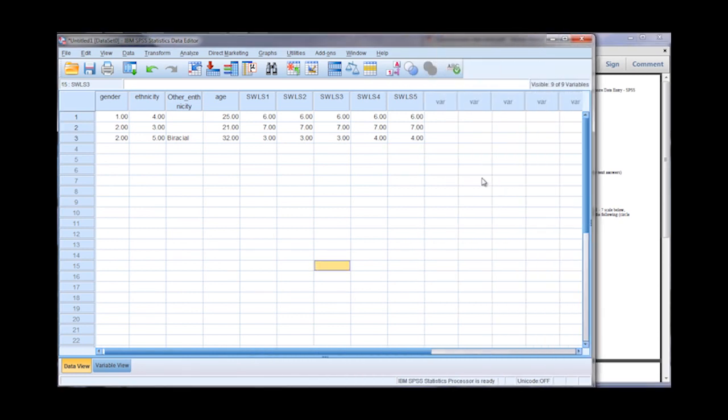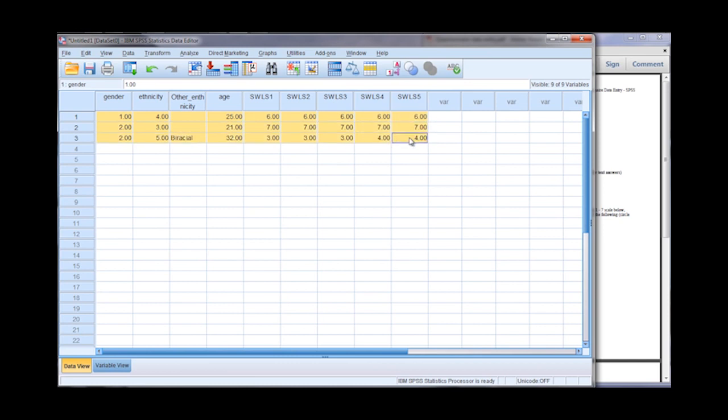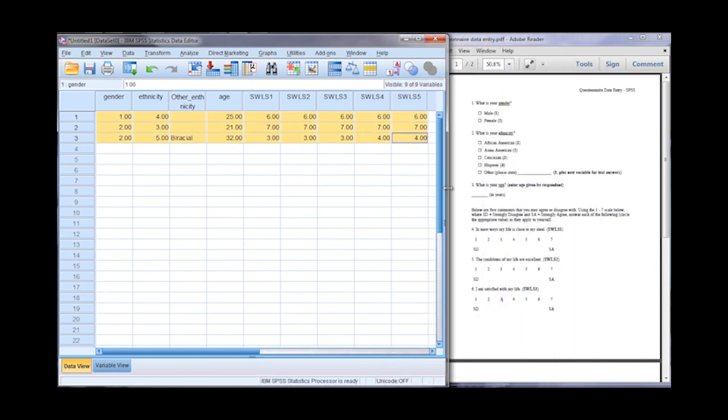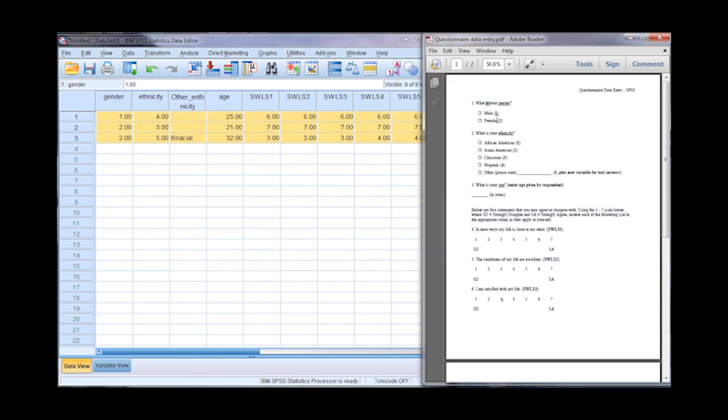Okay, so that's a basic example of entering data, creating a data file from a questionnaire and entering some values as well. Now, we'll do an analysis in a minute, but there's one other thing that you might want to consider. Often, if we have hard copies of these surveys, if we've administered them to people by hand, then we'll want to keep track of each individual survey with a number. We'll have an ID number on the survey, such as 001 if it's the first person. The next one could be 002 and so forth.